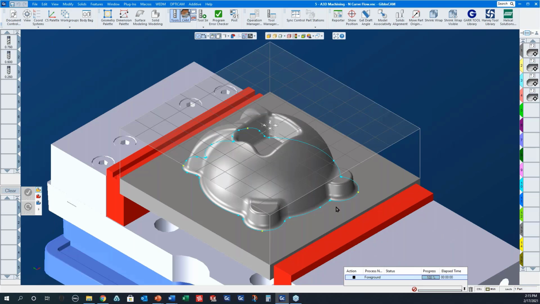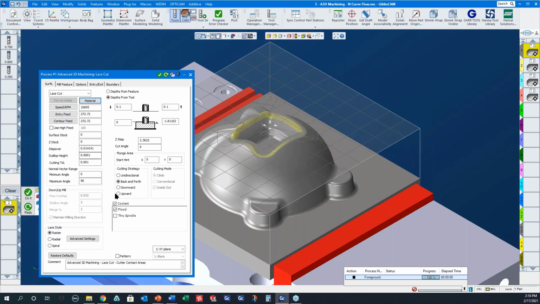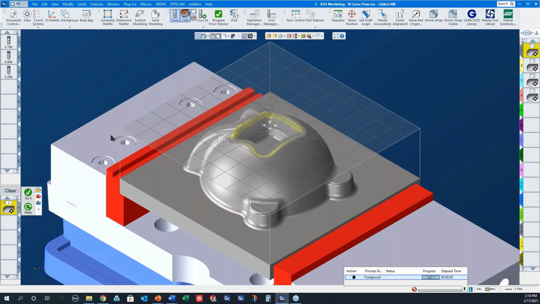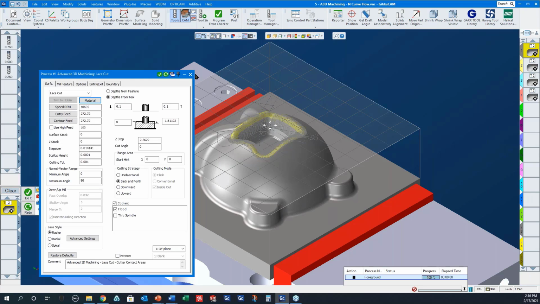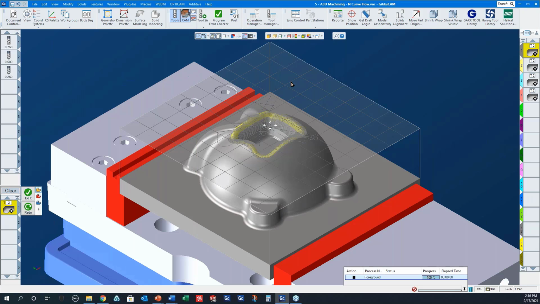In in-curve flow, what I've done here is extracted 4 different connected profiles that actually intersect at exact points in space, and I'm going to be using that geometry to direct the toolpath. If I double click this first operation,